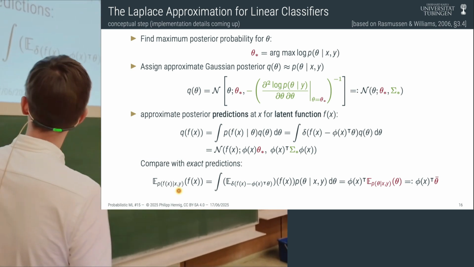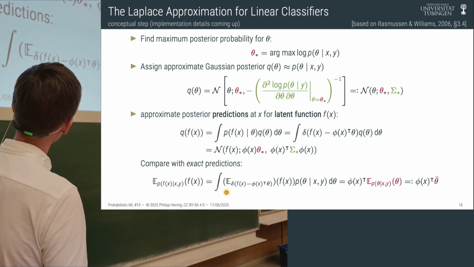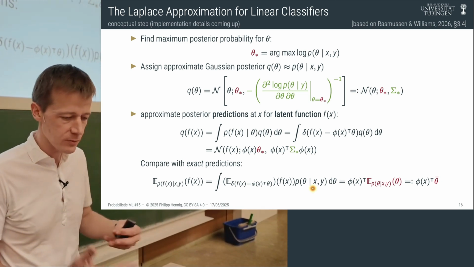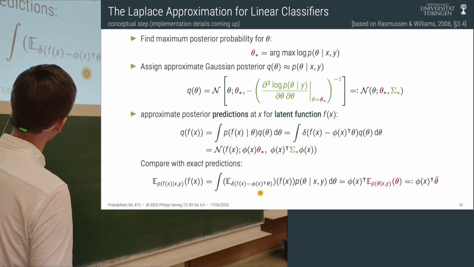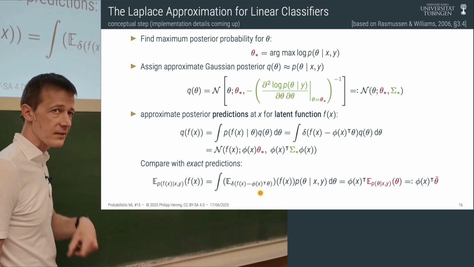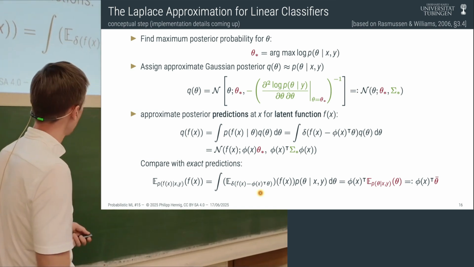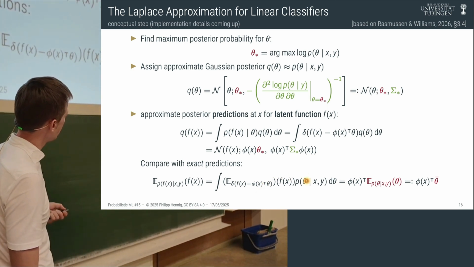And because we get this linear form in f of x, you can convince yourself, and I think that's an equation you have to stare at for a while, and there's not much point in me explaining it, but basically we're integrating over the fact that f of x is a linear function in theta. So therefore, you can simplify the integral and do an integral over just the distribution over theta. And we'll see that the